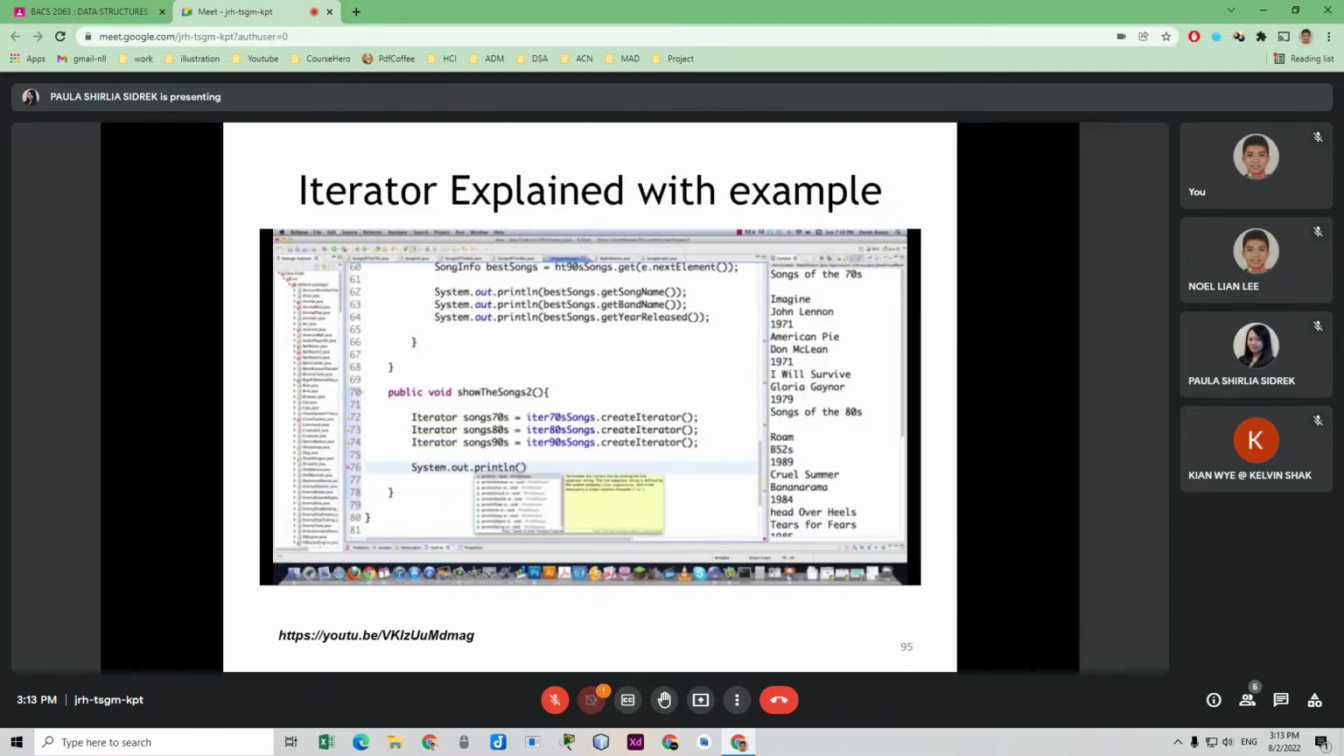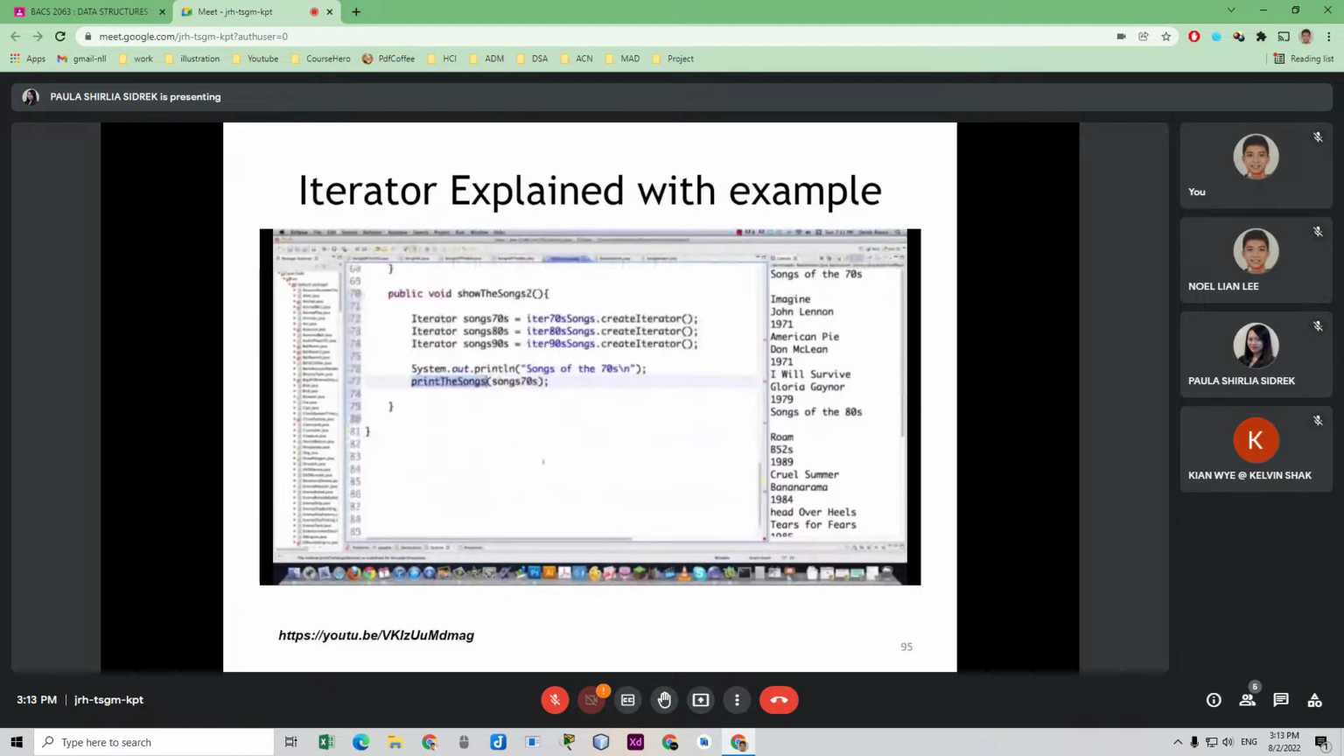Print line. And I'm going to go songs of the 70s. Throw in a new line. And then to print out, print the songs, which I'm going to create here in a half a second. Songs 70s, right like this. Change that to uppercase. And actually, I'm going to do it right now, just so you can see it here